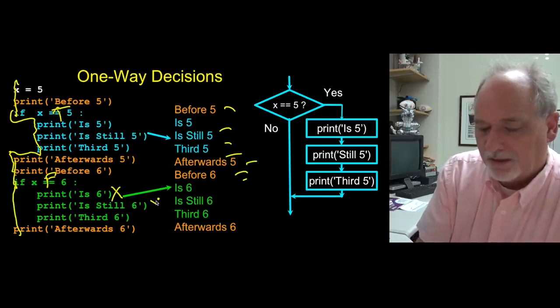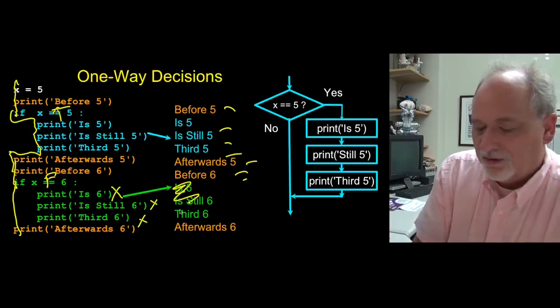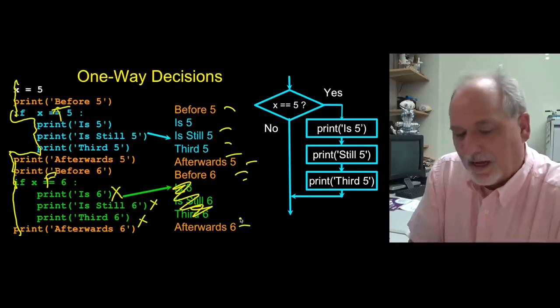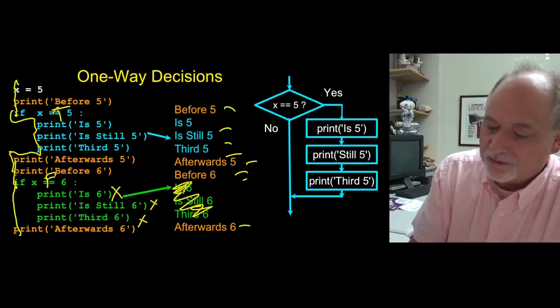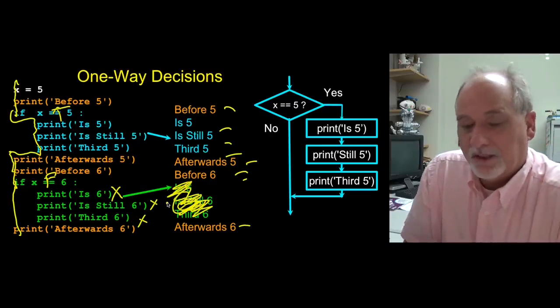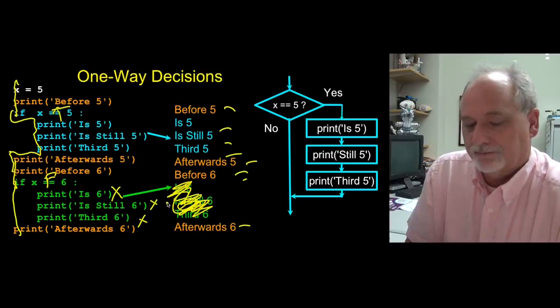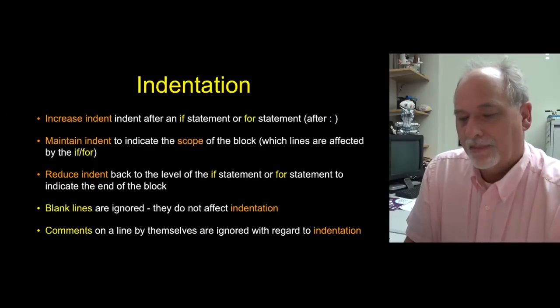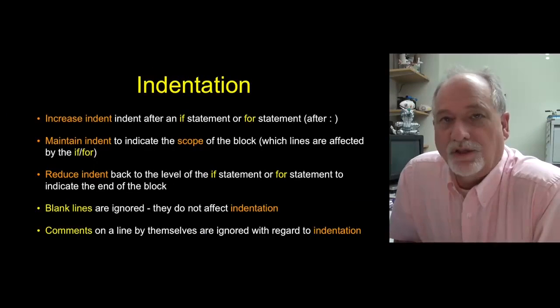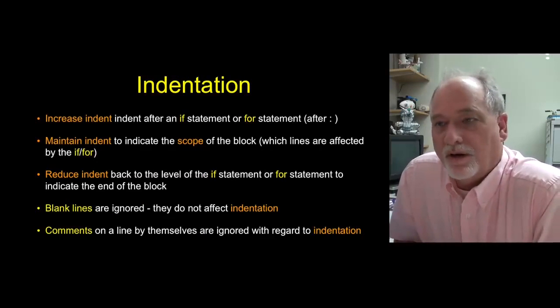So none of these lines of code run. These actually don't run, and it says afterwards 6. So that's a mistake. Those don't run right there, okay, because x is not equal to 6. Okay, so indentation is an essential part of